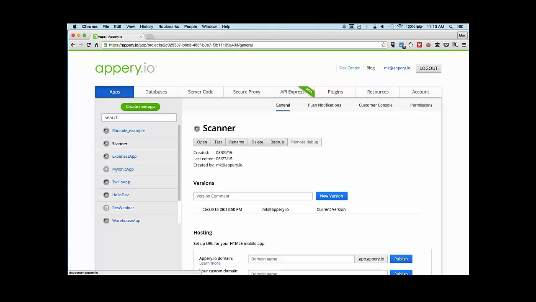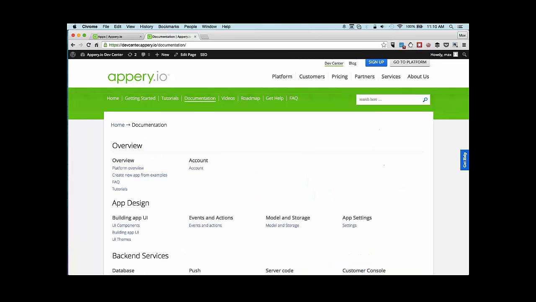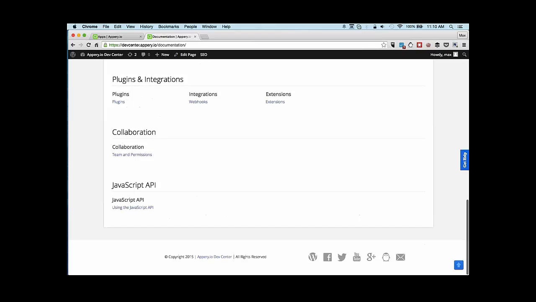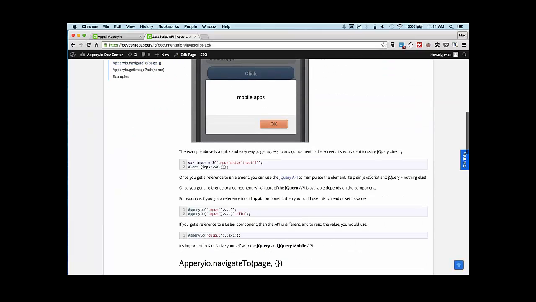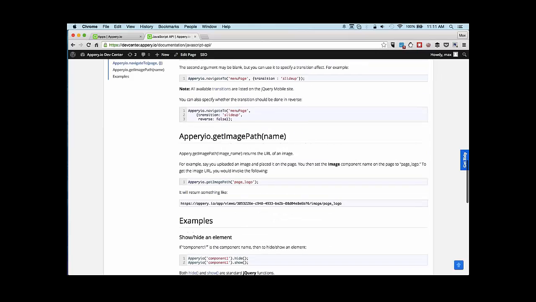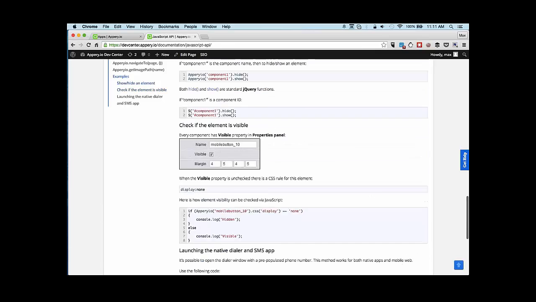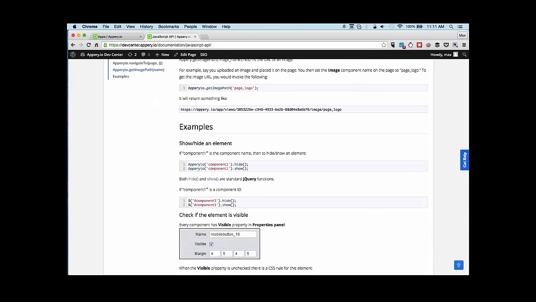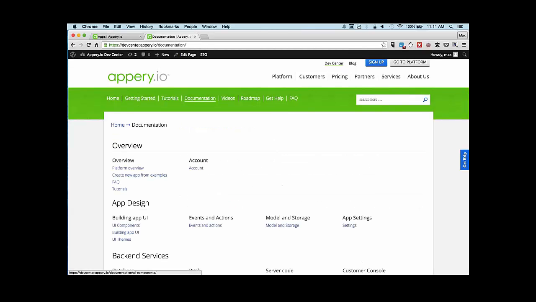So if we go to the Dev Center, you can go to documentation, and then at the bottom here, we have a link to using JavaScript API. So this is using the build. Appri.io provides a small library to access components on the page, for example, to navigate, there is invoke services and so on. So this is one example. If you navigate to the components page, UI components here,